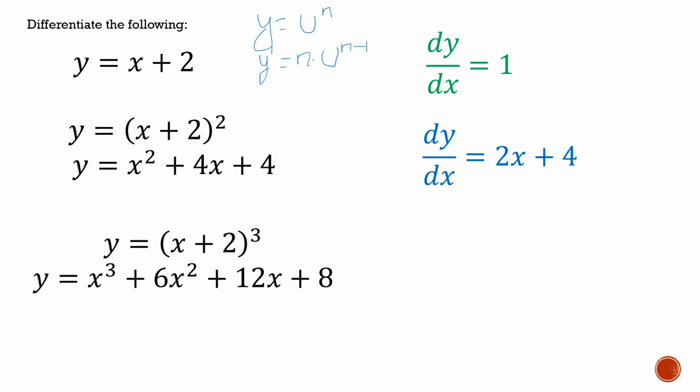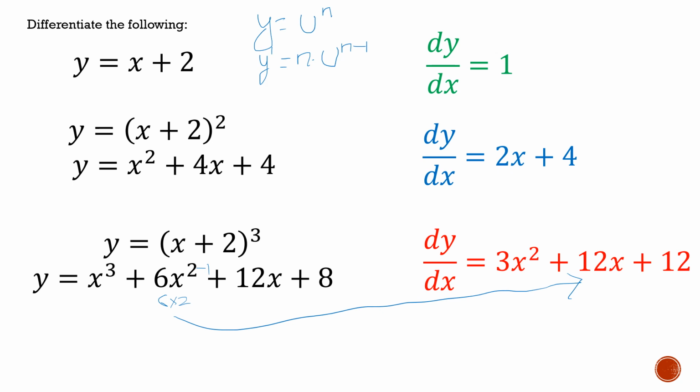Let's take another example where I have y is equal to (x plus 2) whole cubed. So y is equal to x cubed plus 6x squared plus 12x plus 8. I expanded it first, and now I'm going to differentiate it. I can use the formula y is equal to x to the power n. Here you will get dy over dx is equal to 3x squared plus 12x plus 12. You can see this 3 is getting multiplied, and I am reducing the power by 1. Here I am again multiplying 6 times 2 and reducing the power by 1. So this is how I have got